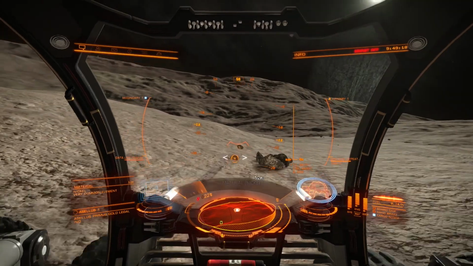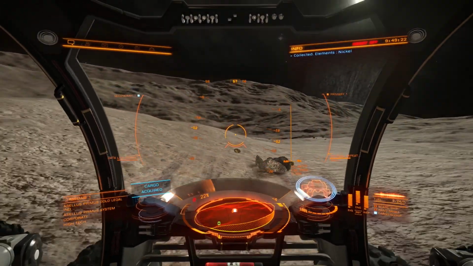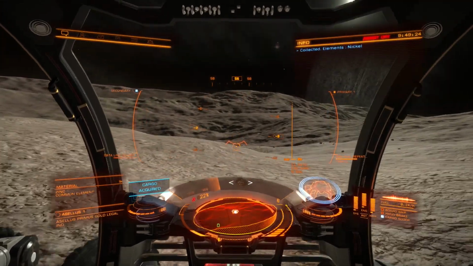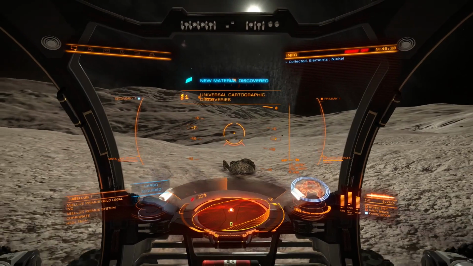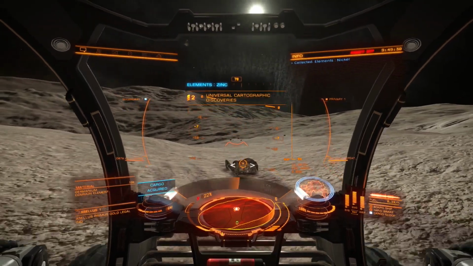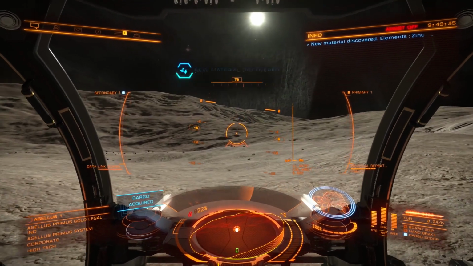And just pressing the wrong key there. Right, we've got the other nickel, so we should have now 6 units. So I'm going to collect all the other pieces here. And I believe this was some...